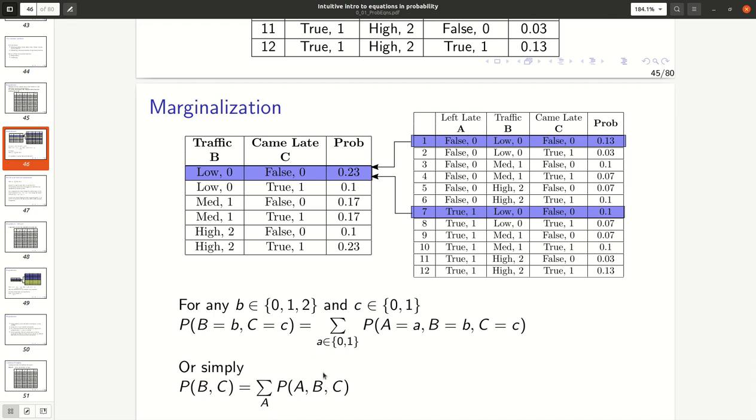One may ask whether we can get back the original table after we did marginalization. The answer is straightforward. We cannot do that because when we add this variable A back, we don't know exactly how to split these two. That information is lost. So there may be multiple ways in which A can be added. You can add a column and split this probability 0.23 in multiple ways, and again get the same marginal table we have.